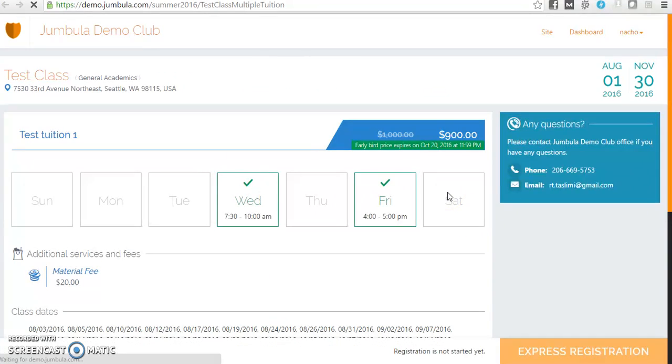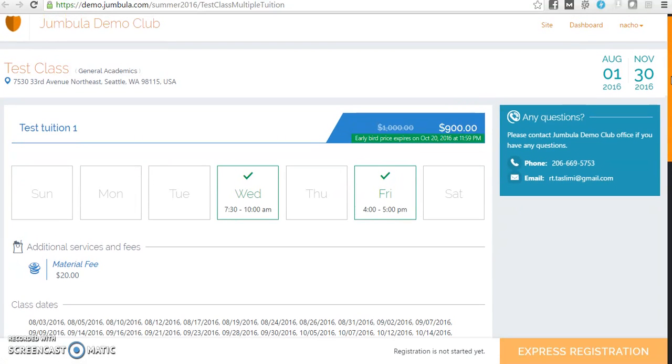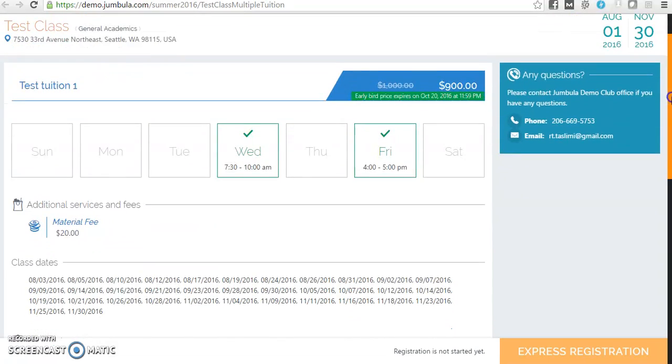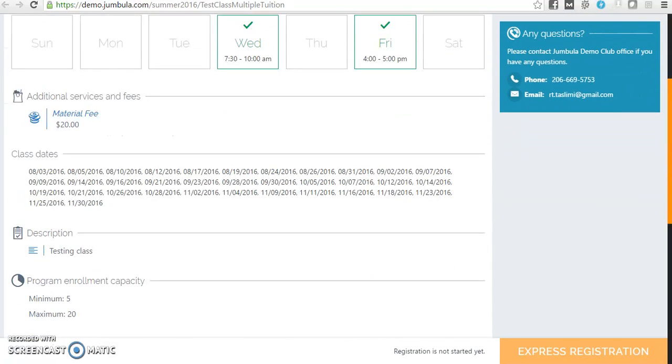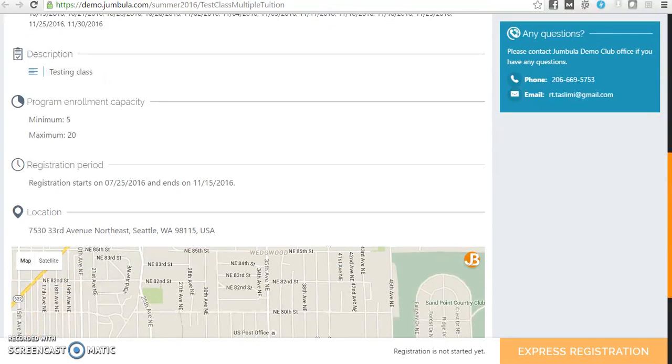So now what you're looking at now is the registration page. As soon as you click on that View button, this is what the parents will see. So all the information that you created with that program wizard is now available on this page. So as you can see, you have the class name, the description, pricing, the map. So all the